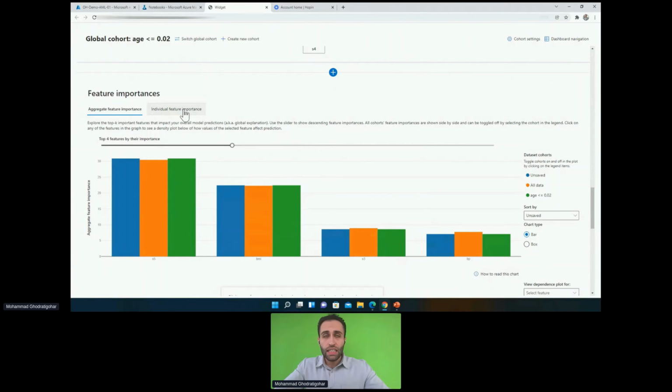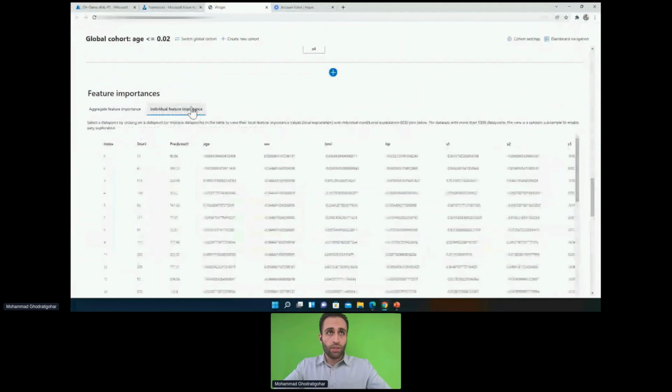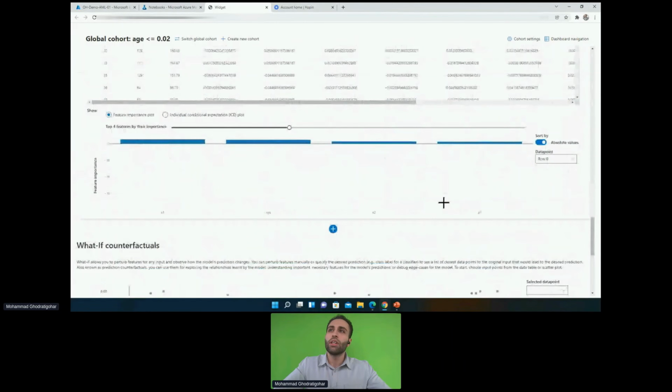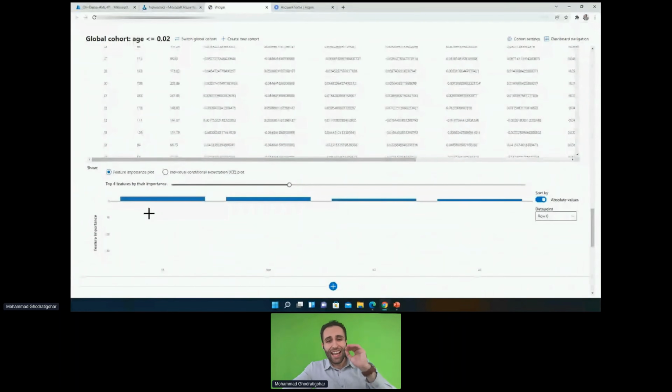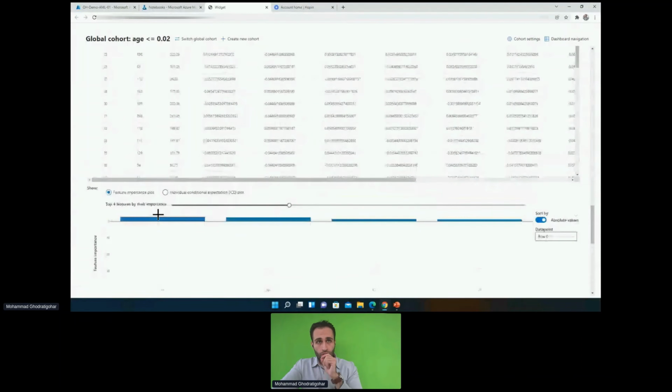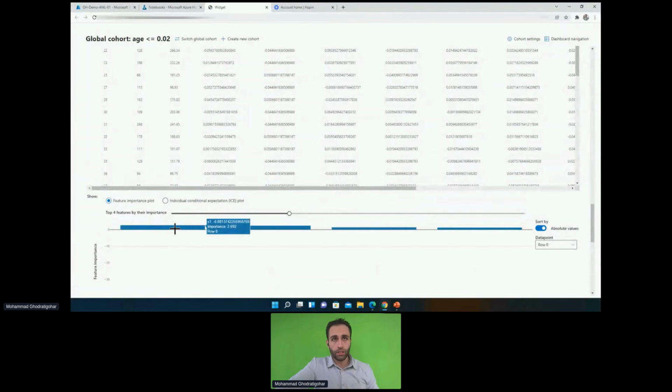Not only that, for any individual predictions that we have done, if I click on the tab here, let's say the first one, this is the true value, predicted value, and the rest of the scale features. If I select any of them and I scroll down, you can see in the chart for that specific prediction, which features were highly valued by the model and which are less. So I can also track this bar to see more features and how they're evaluated based on the importance.